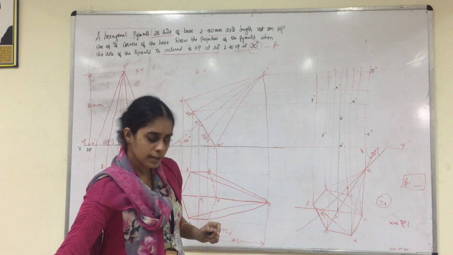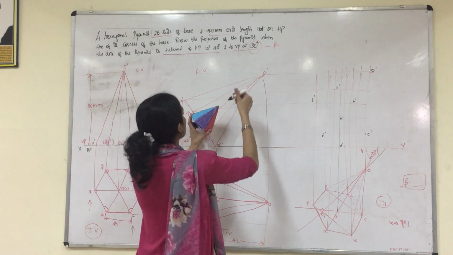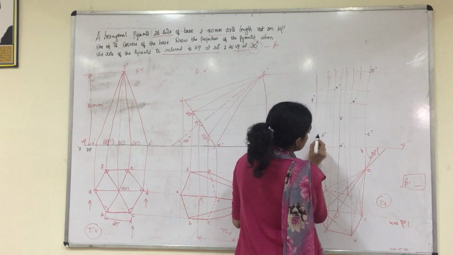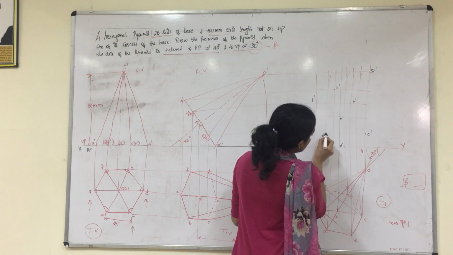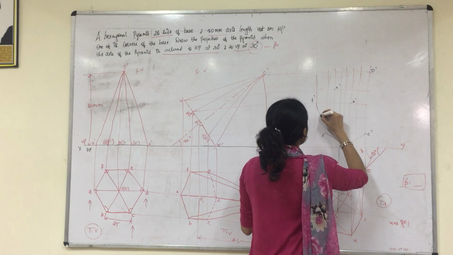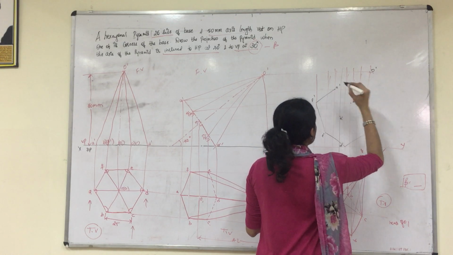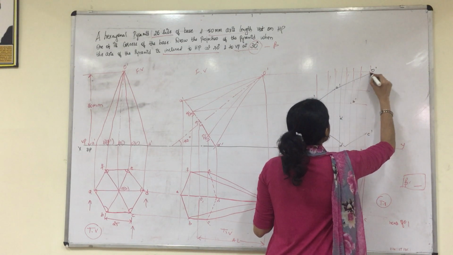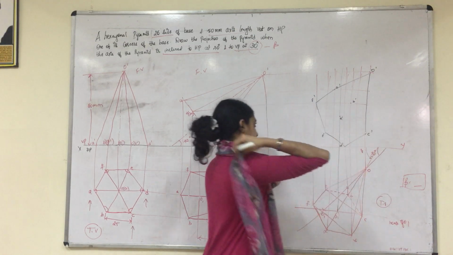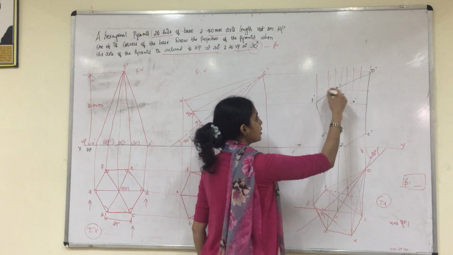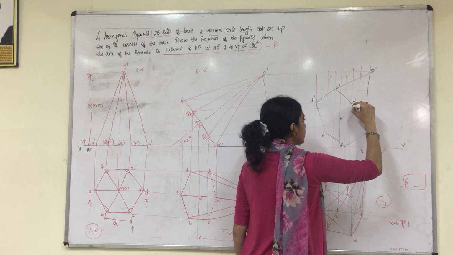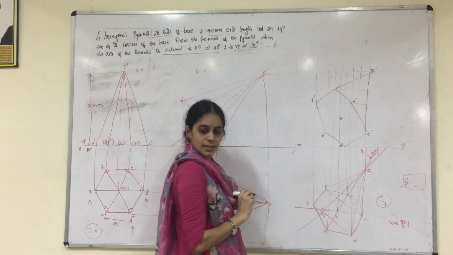When the given solid object is inclined, the outer boundary will always be visible. So please join the outer boundary first. E dash to D1 dash, D1 dash to C dash, E dash to F dash, F dash to A dash, to O dash, O dash to C dash. And when the observer views from here, the bottom surface will be visible. So this we have to join using a continuous thick line.